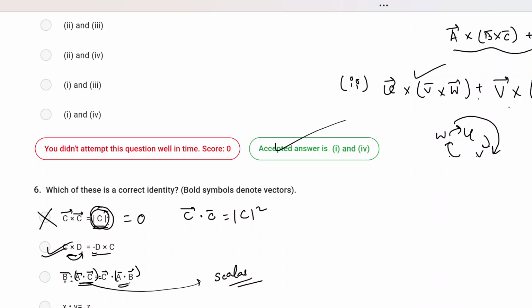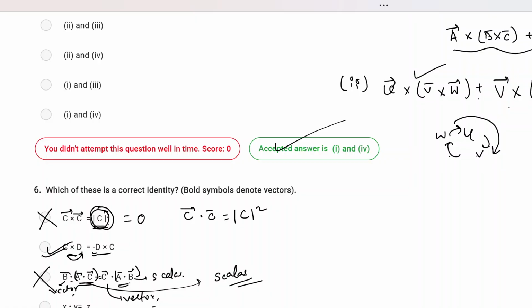Because here the first term is a vector and the second term is a scalar. Similarly here the second term is a scalar and the first term is a vector. So a dot product between a vector and a scalar is not acceptable. This is not allowed, or this is wrong. Mathematically this is not correct. You can only take a dot product between two vectors, not between a vector and a scalar. So at first glance you can tell that this is not correct.